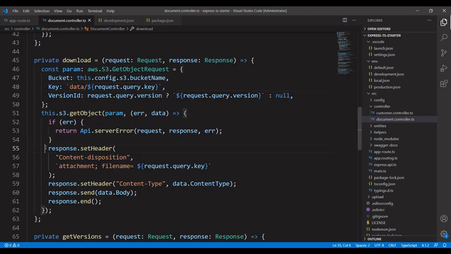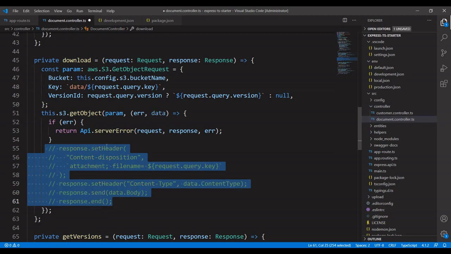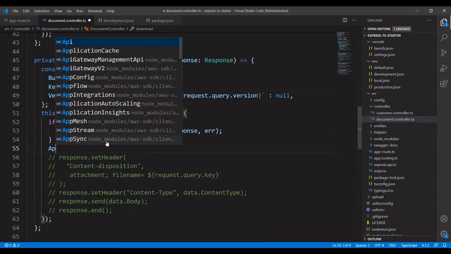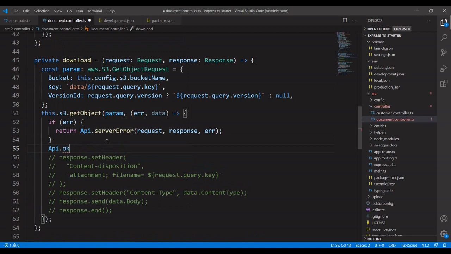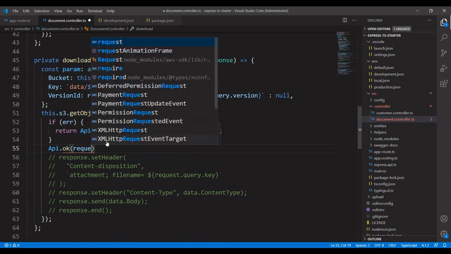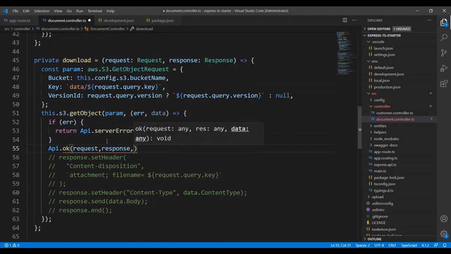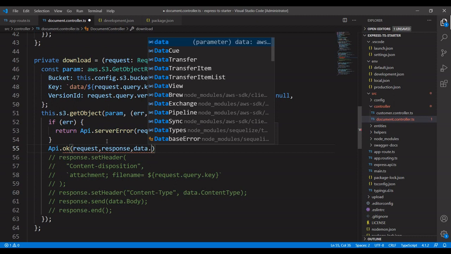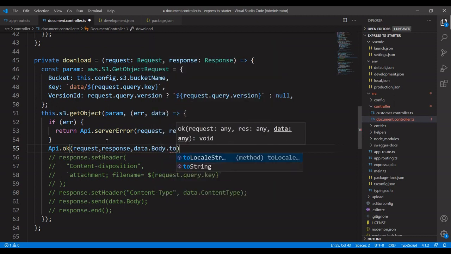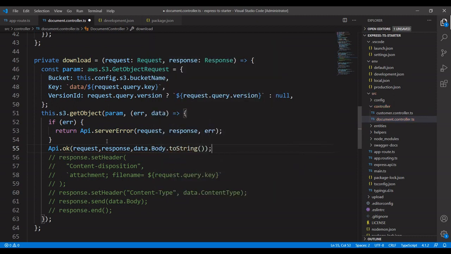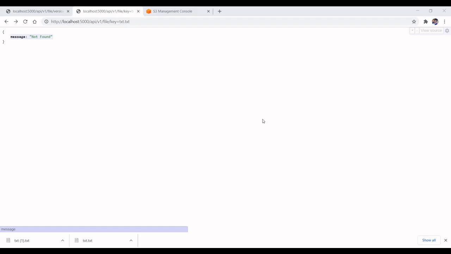For the testing purpose, for the version histories, I'm going to change the download. I'm commenting this code. I'm going to write the text document in the browser. Now it will not download.